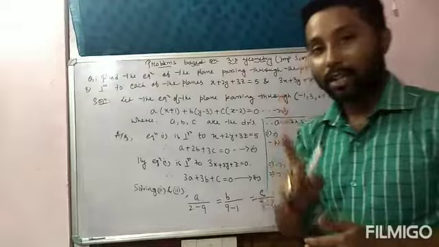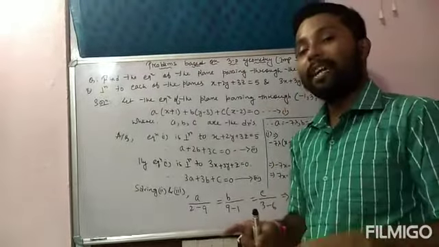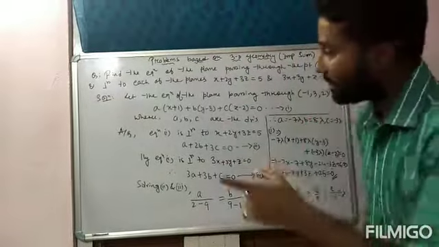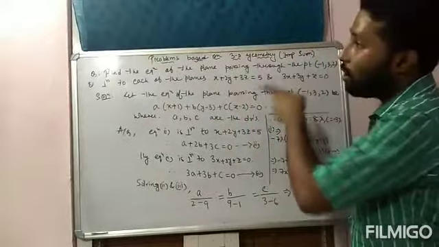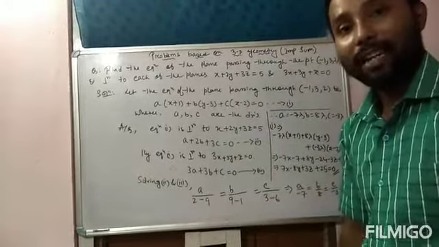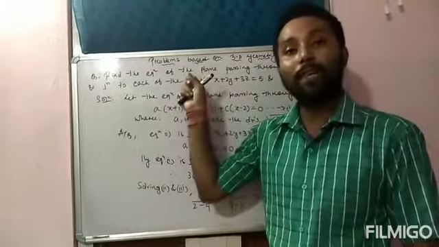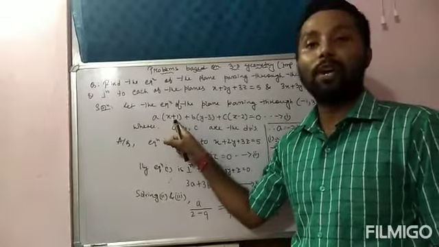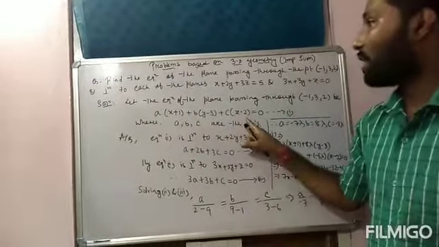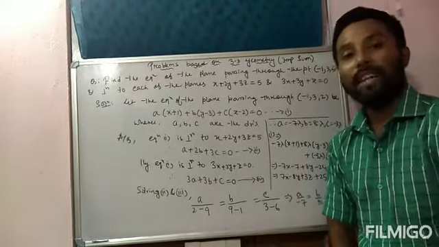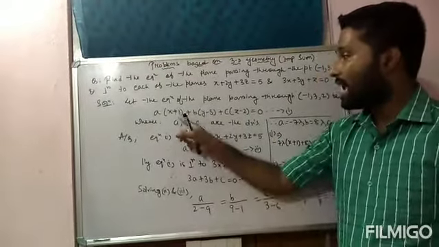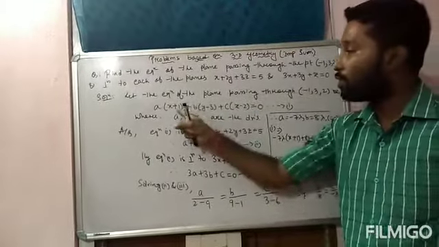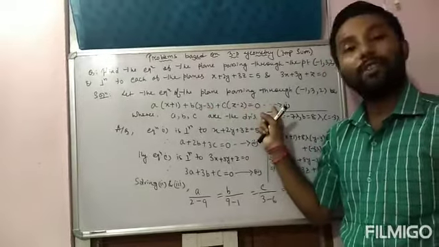Okay, equation of a plane passing through a point in Cartesian form. Why am I thinking about only Cartesian form? Because the equations of the other two planes are also in Cartesian form only. So that's why you have to think the equation of the plane is also in Cartesian form. The equation is a into x minus x1 plus b into y minus y1 plus c into z minus z1. So here x1, y1 and z1 are given, that is minus 1, 3, 2. वही put किया, पुट करने से इक्वेशन 1 मिल गया.